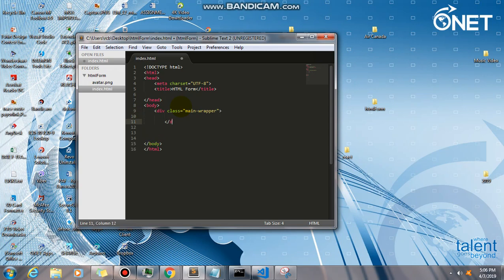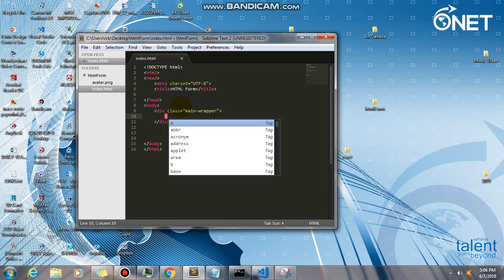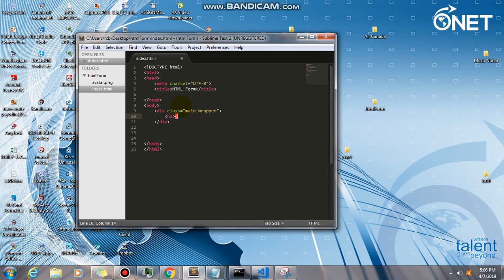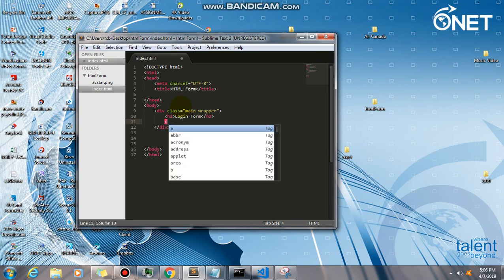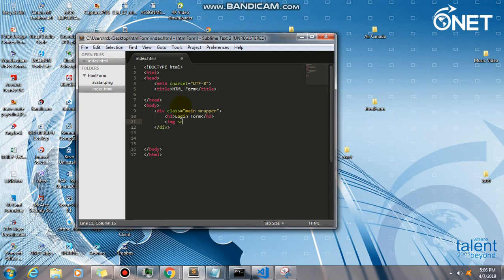Make sure you have your closing div tag, and inside my div, I'm gonna put a header tag of h2 and closing h2 tag. I'm gonna put a text login form, and then I'm going to add my image, which is using the img tag, and then src, which is source,